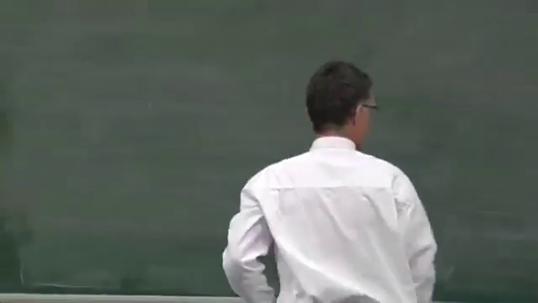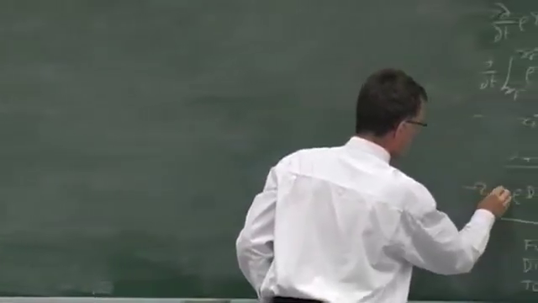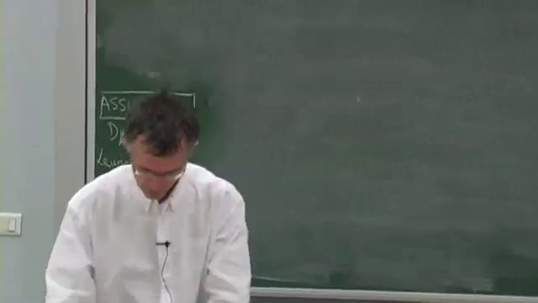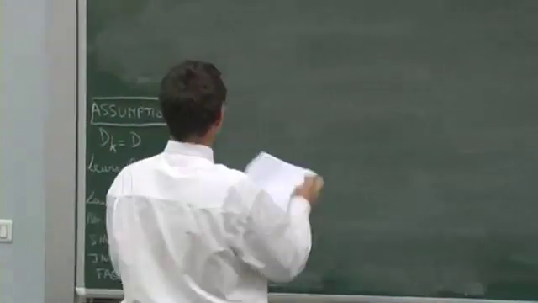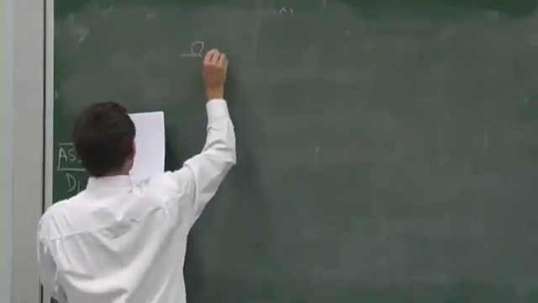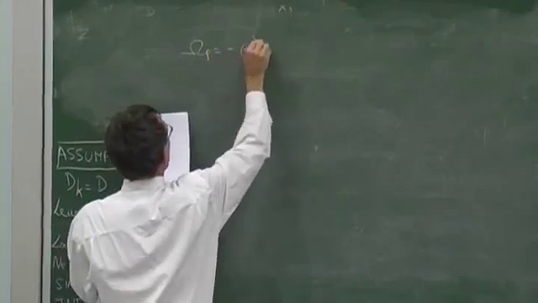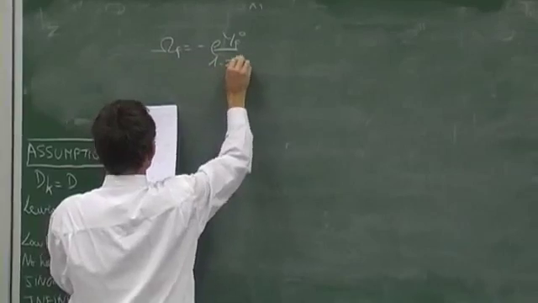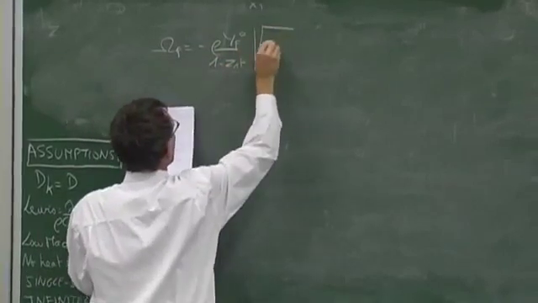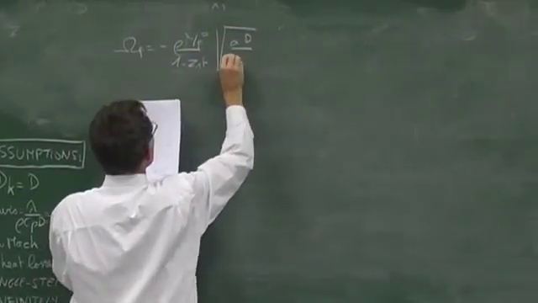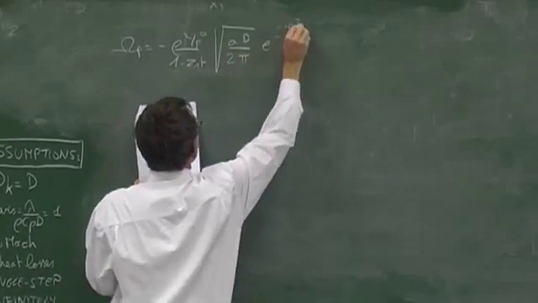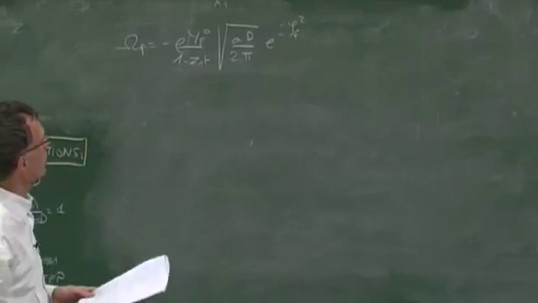Now on this expression, I can do the same integral I've done here to find the integral of the reaction rate in this case. Again, it's a simple exercise. You can do that at home. So it's minus rho yf0 divided by 1 minus z stoichiometric, square root of AD divided by 2 pi, exponential minus psi f squared. You recognize the same ingredients I had before.